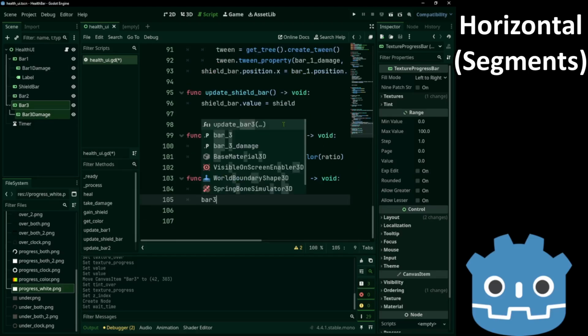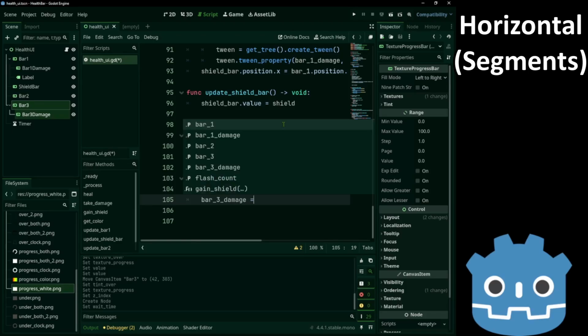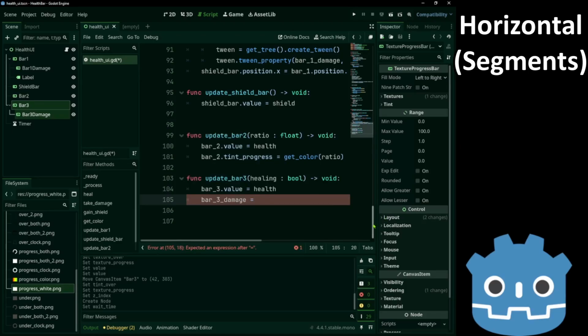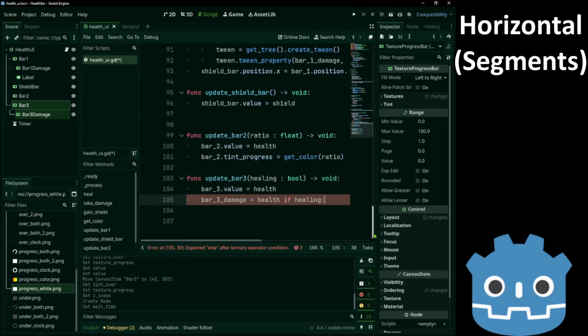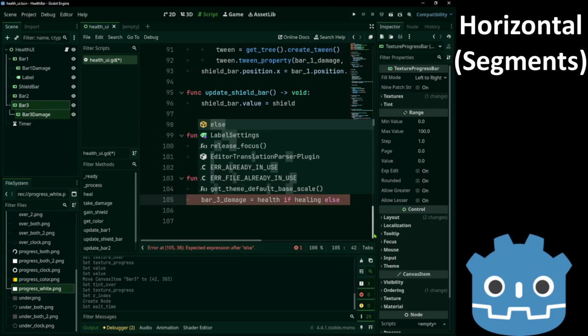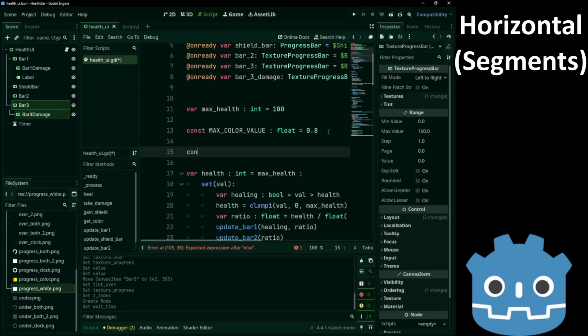As for bar 3 damage, it's going to be either health if we are healing, else let's create a constant step.